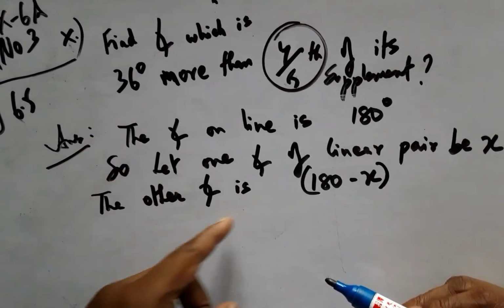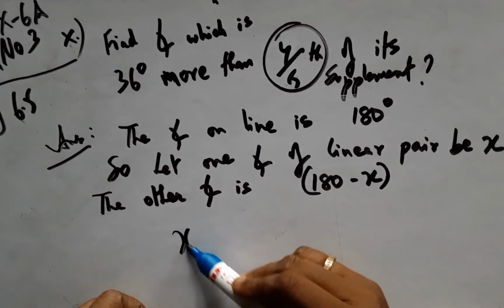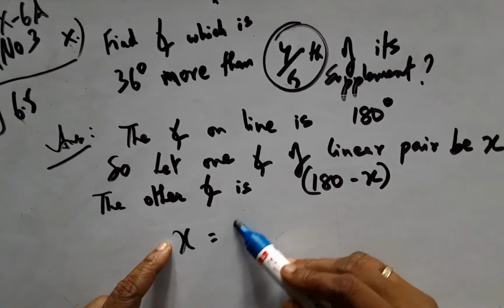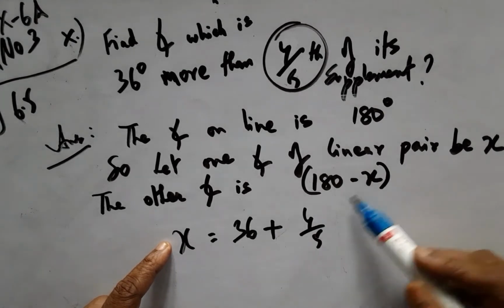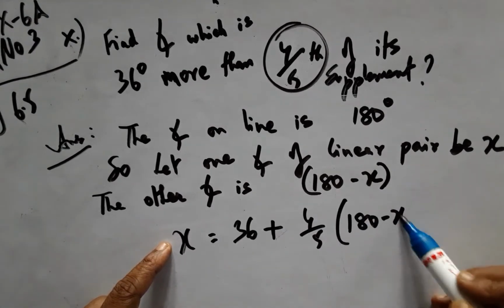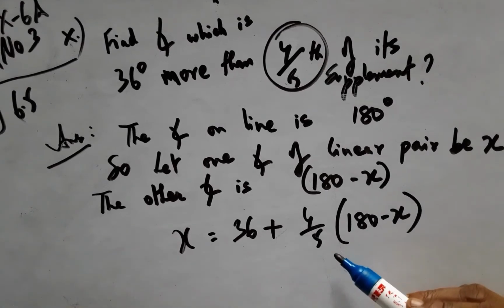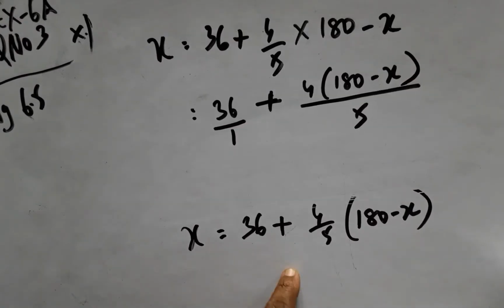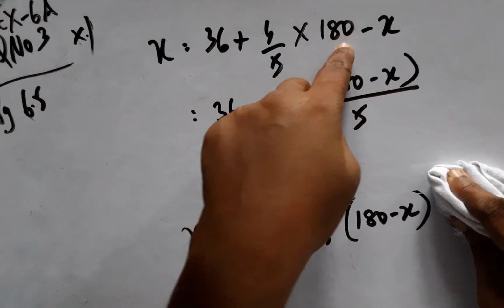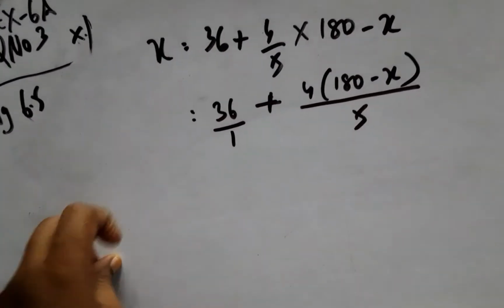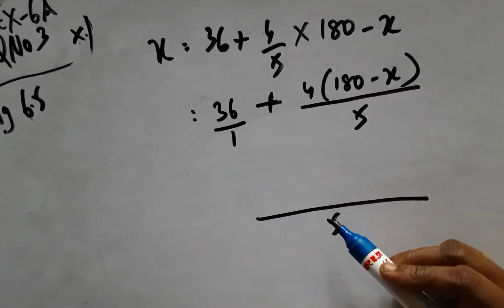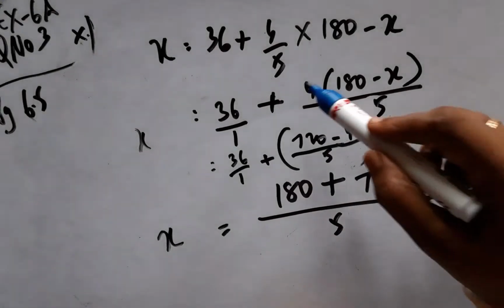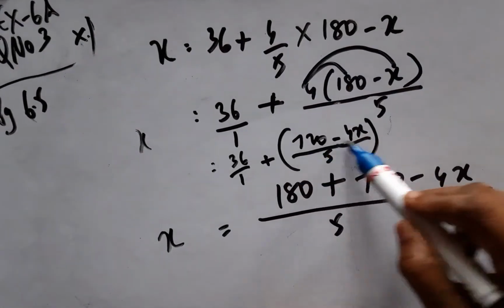So I have to declare the problem portion, and I have to set up the equation saying that it is 36 more than 4/5 of the remaining angle component, the supplement. I move this to the top, and then I can write this in this way. And now since the denominator is 1, I take an LCM of these two things, nothing but the distributive property, and I have got this.